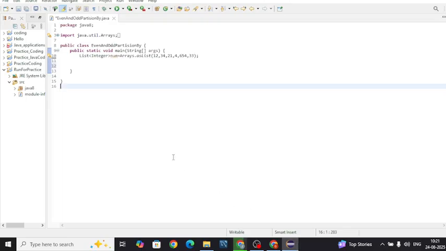चलो गाइस, हम लेके आए एक प्रोग्राम जो काफ़ी बार इंटरव्यू में पूछा जाता है। सिंपल है प्रोग्राम, बट इंटरव्यू क्या करता है, कुछ कंडीशन देता है। तो कंडीशन वही रहती है कि आपको एक लिस्ट दिया जाता है। जैसे यहाँ मैंने एक लिस्ट ली है: 12, 34, 21, 4, 6, 5 और 33, और कुछ नंबर और ऐड कर लेता हूँ जो इवन और ऑड हों: 75, then 32, then 67।